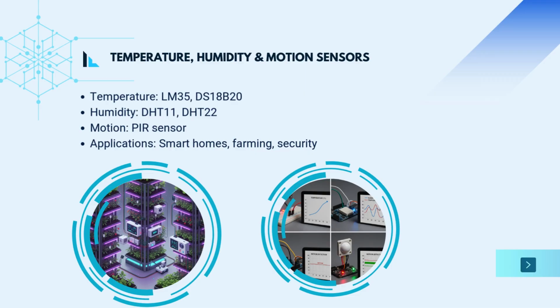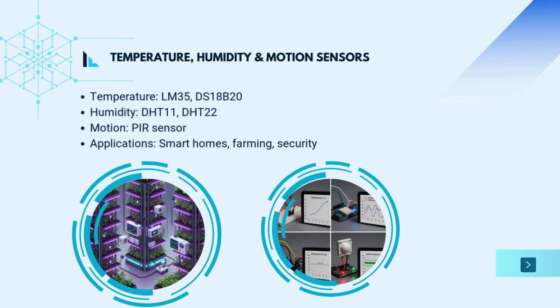To interface these with a microcontroller, we use digital or analog pins. The microcontroller reads the signal and translates it into meaningful values, such as degrees Celsius, relative humidity, or motion detection. In IoT applications, these sensors enable powerful solutions: smart homes adjusting air conditioning, farms monitoring climate for crops, or security